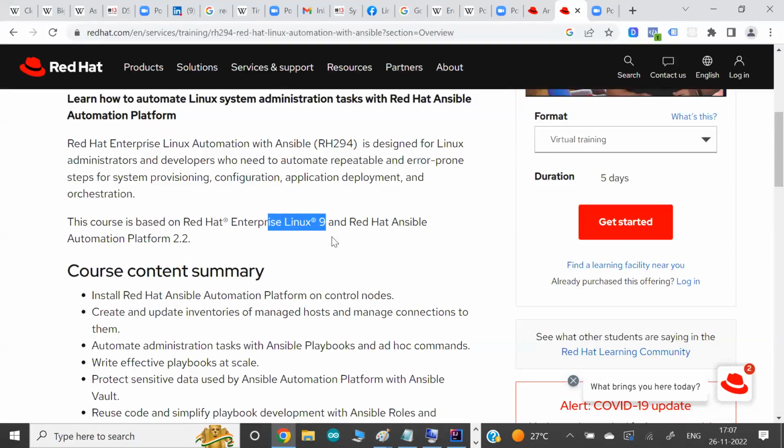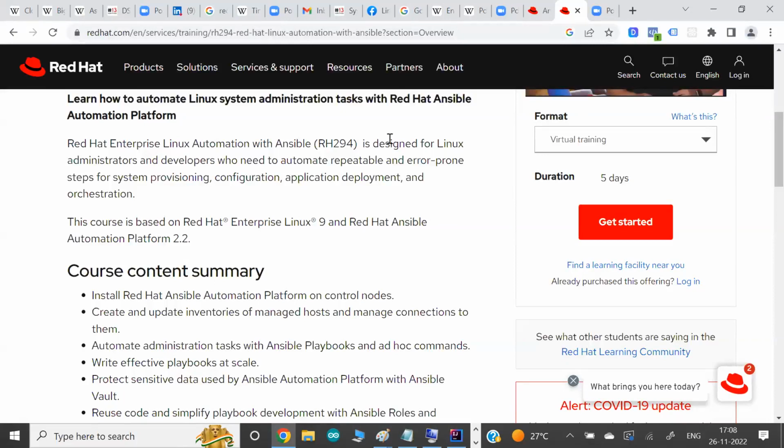But that's not so much interesting. The interesting part is this was the first batch where you are going to learn the newer way of using Ansible. Red Hat has recently launched the AAP platform for Ansible. Till date, whatever content we have in this training program from Red Hat, 294 is the official course code for this training by Red Hat.